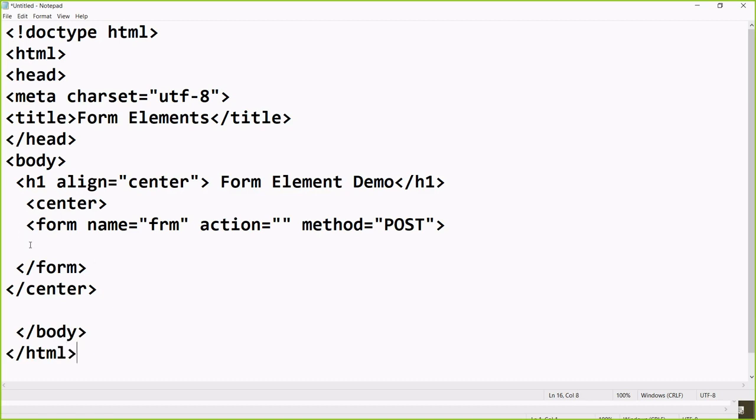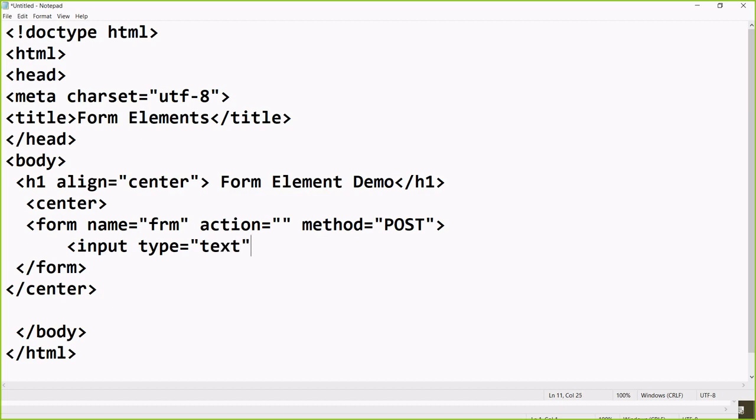Okay, now in this element only, under the form tag only, we write the other elements. So the first one, the more popular one, is called the input box in HTML5. So what we can do is write input, and then type: input type equal to double quote, and you can write here text.